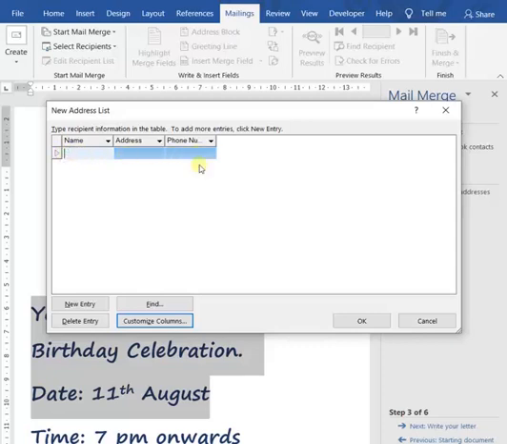You can see this is the first row. First row means one entry, first entry. So each row represents one entry. That means information about one person or information about one contact. So first contact we are writing. To write information, you just click on the cells, the cursor will blink and you can write. So we'll enter the name, click on the cell below the name field and I enter any name.